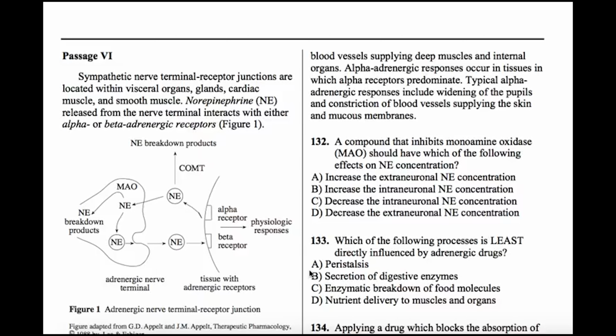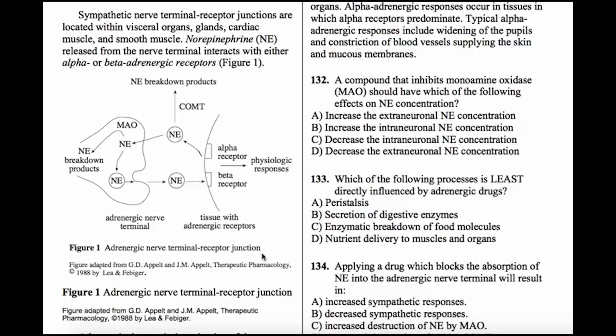So this is a typical nerve terminal setup right here. Basically, you know how it goes. An action potential travels down the axon of a neuron. Once it reaches a synaptic terminal, that depolarizes the voltage-gated calcium channels. That allows calcium to flood into the bulb at the end of the axon.